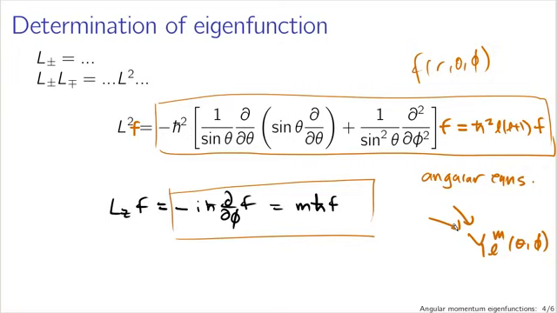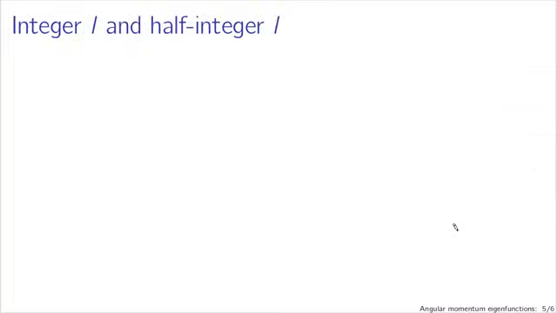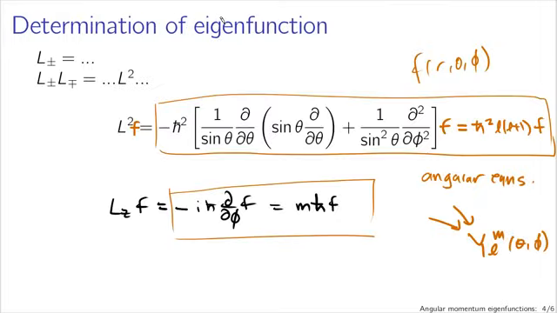There is a slight difference here, and it comes down to the value of L. Essentially, we have two classes of solutions here. We have half-integer L and integer L. Our consideration of spherical harmonics gave us only integer L, whereas our consideration of wave functions, the solutions to these partial differential equations, give us spherical harmonics, which are only meaningful for integer L. Half-integer L doesn't really make any sense in the context of spherical harmonics, which means if what we're talking about